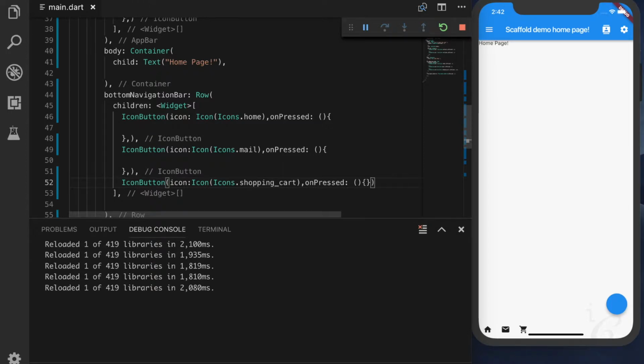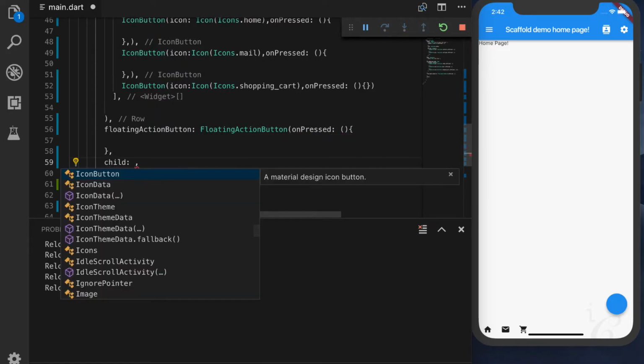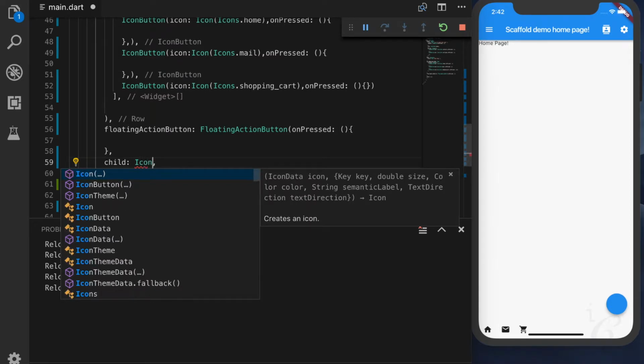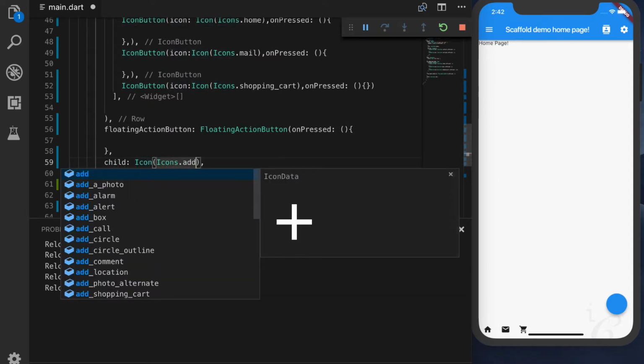Now we are going to add functionality to the floating action button, where we have just provided a dummy implementation for the icon pressed. Now what we'll do is provide a child. The button accepts a child. We can just pass an icon to that. So Icons dot add.